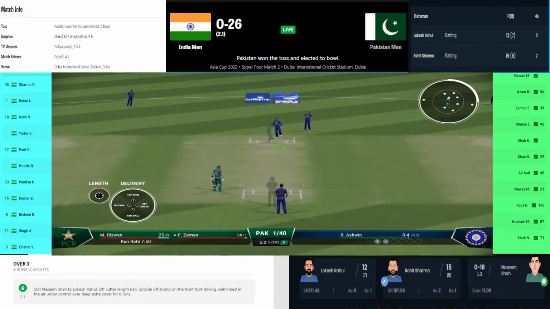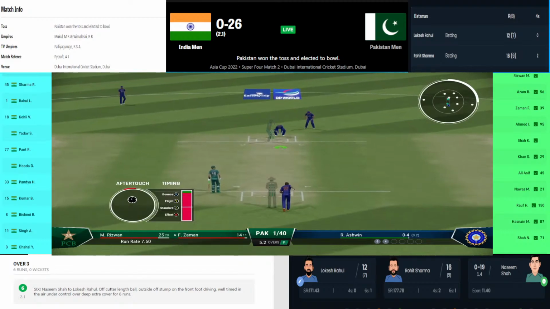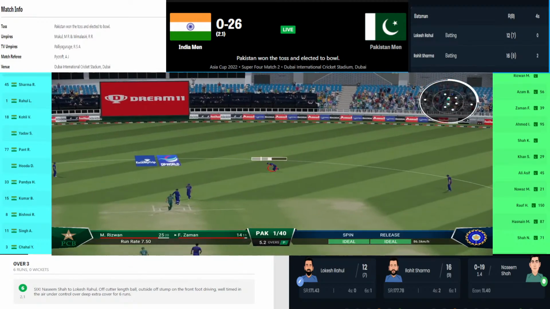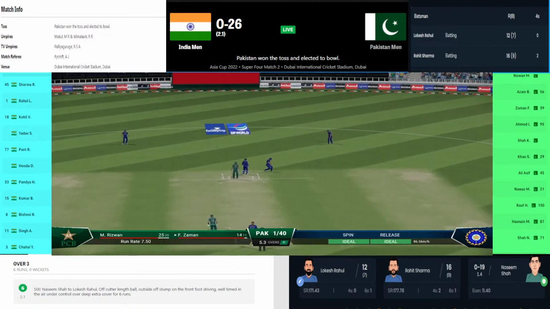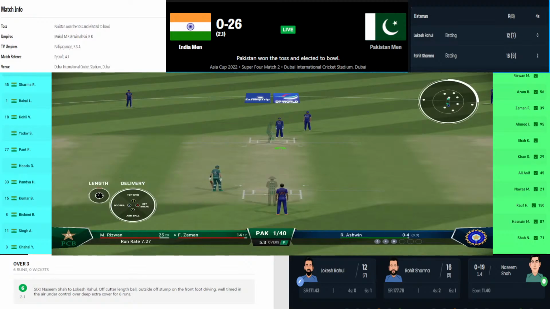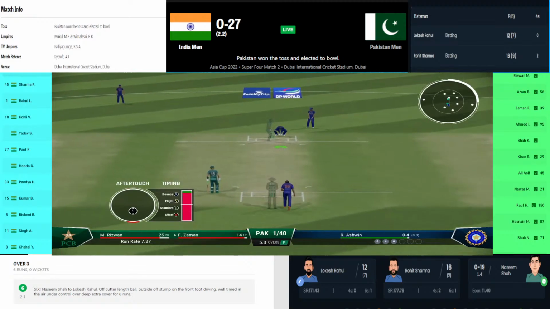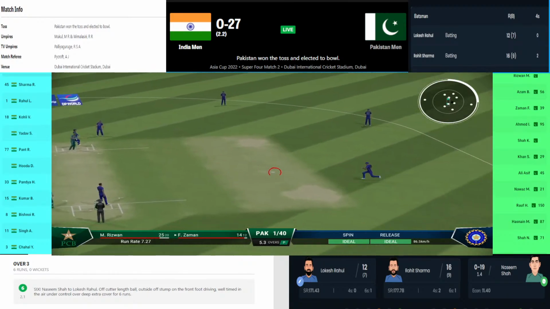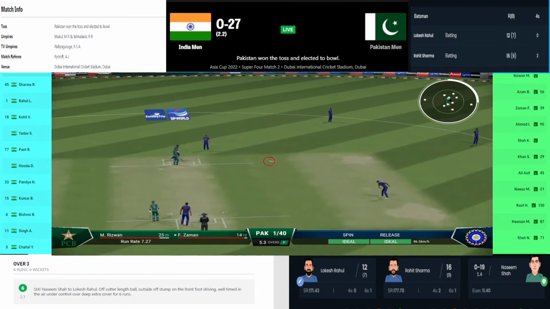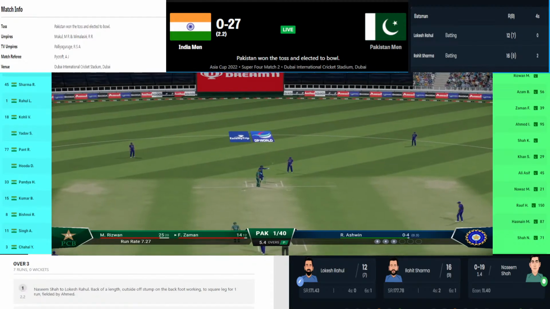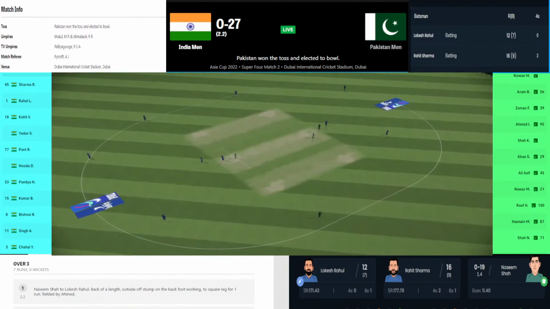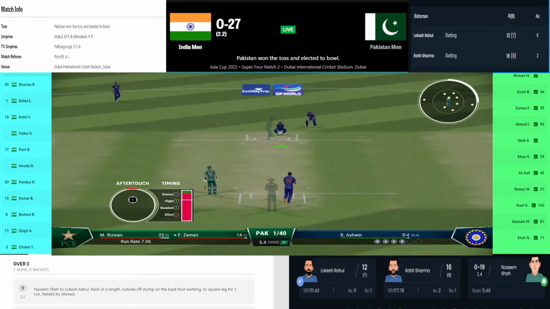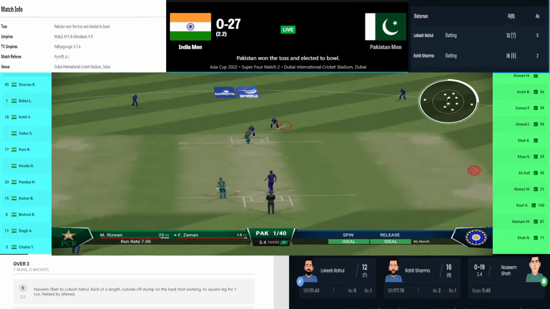The third delivery of the third over from Naseem Shah to Rohit Sharma. This time it's on to the stump. Rohit Sharma just flicks that ball straight to mid wicket for a dot delivery. No runs taken. The score remains the same. So far, Indians have been able to get a very good start. So far, the start is just brilliant. Rohit Sharma till now is on 15 off just 8 deliveries. Wonderfully playing, just brilliant cricket from him so far. Let's see if he's able to continue that or not.